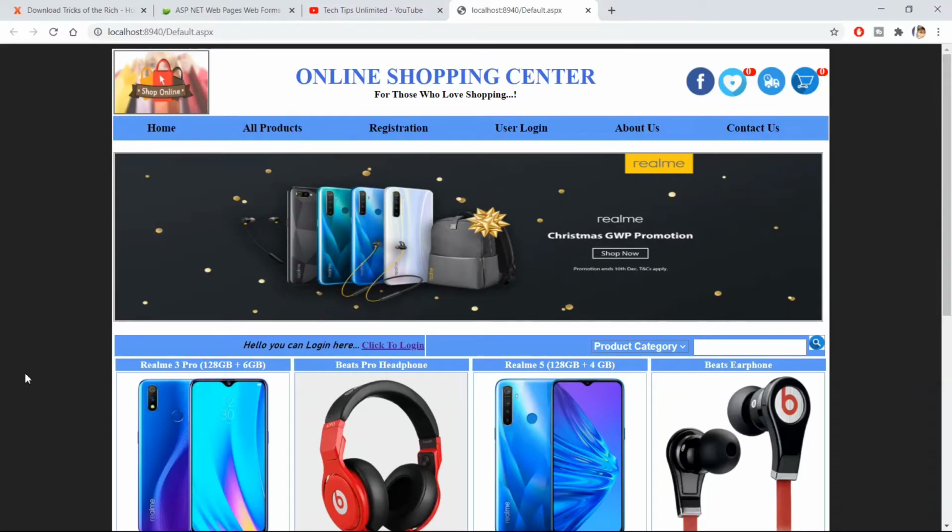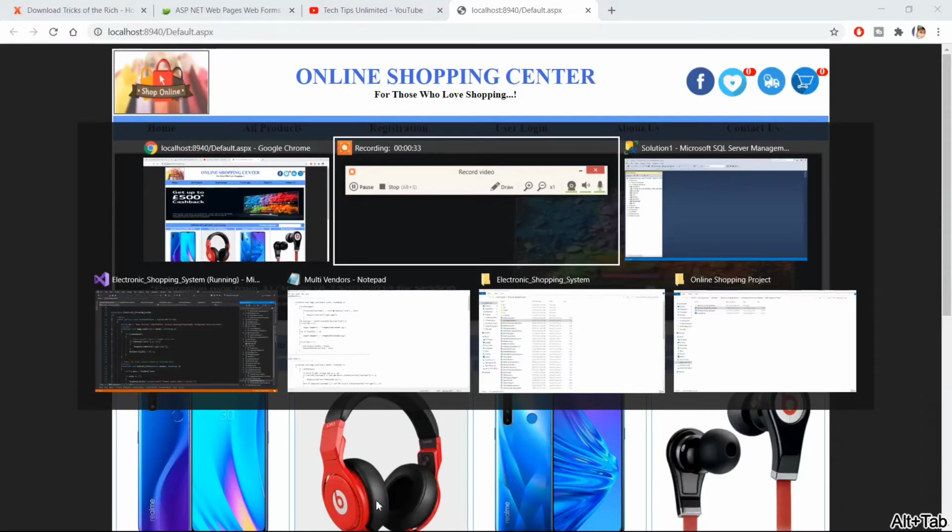So first of all, we need to create one table, that is the role table.